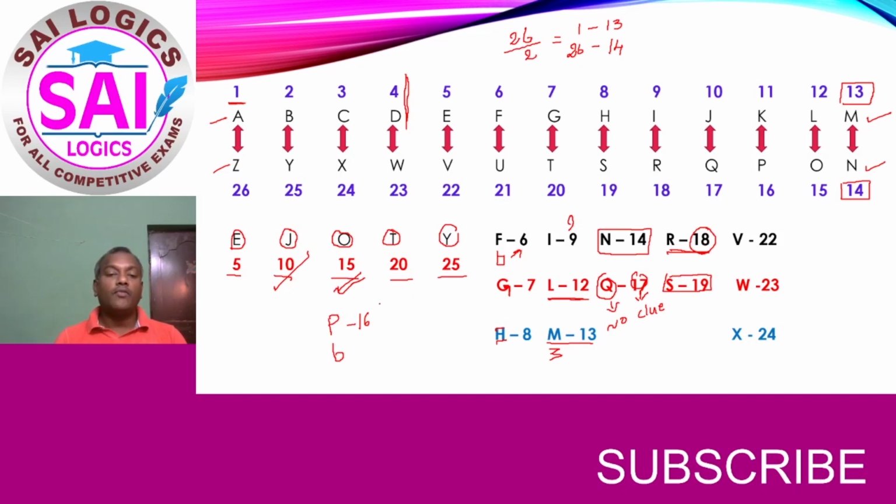And T, we can learn it from HOT. So T is 20. If T is remembered, 21 will be U. And if you look at V, V shows 2. That means it will have 2 lines, 1 and 2. So V is 22. And W, if you rotate W in the anti-clockwise direction, W will become like this. So this is also resembling 3. So W is 23. X is 24.